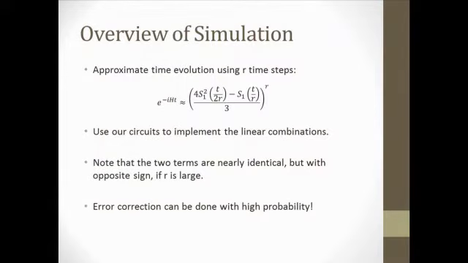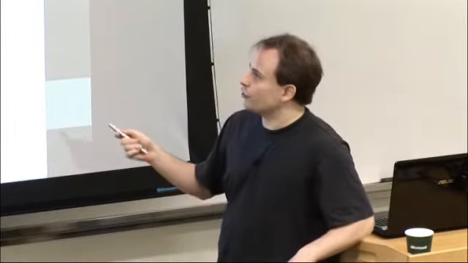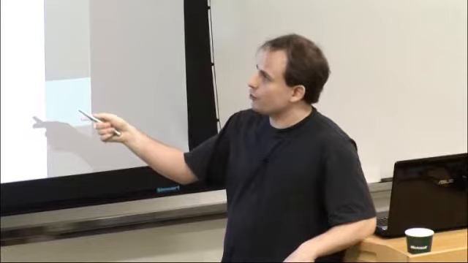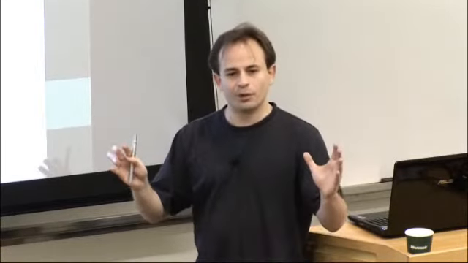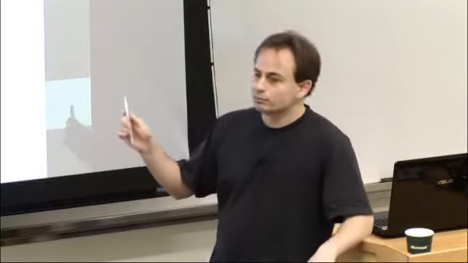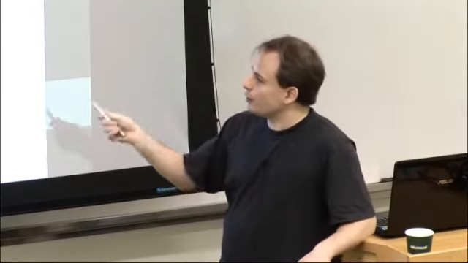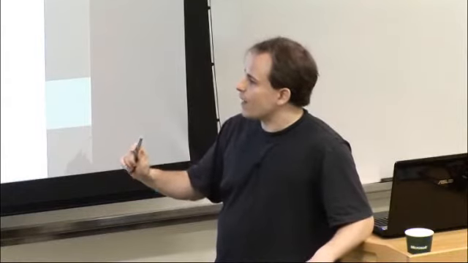Just to give you a basic overview of how this would work for the simplest possible case, imagine what you have is you're just using this Richardson extrapolation formula here. In your simulation, you use this particular formula, and here, S1 could represent the simplest Trotter formula you can use, the symmetric Trotter formula. So you use that formula with a weight of 4 here and a weight of -1 there, and you use those circuits in order to implement this particular linear combination. And again, in general, what will happen with this is that the error correction can be done with high probability in this case because S1 has opposite sign to that S1. Okay.